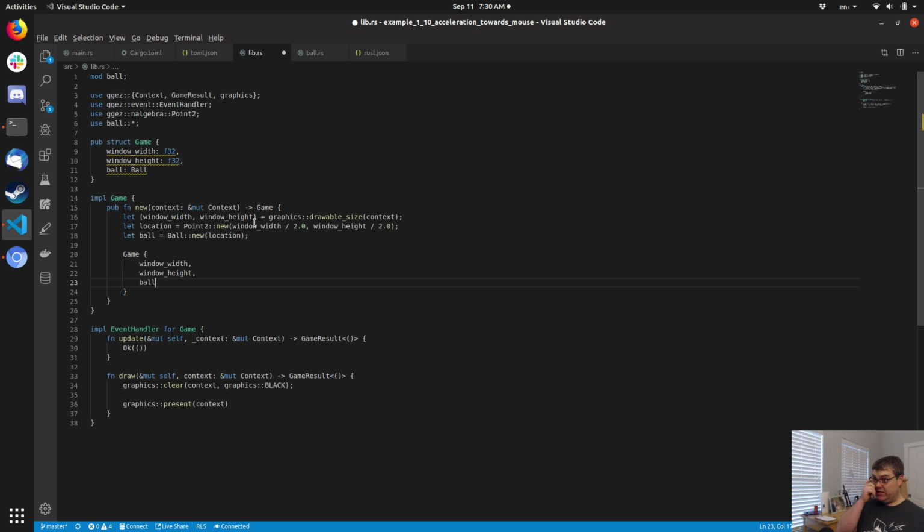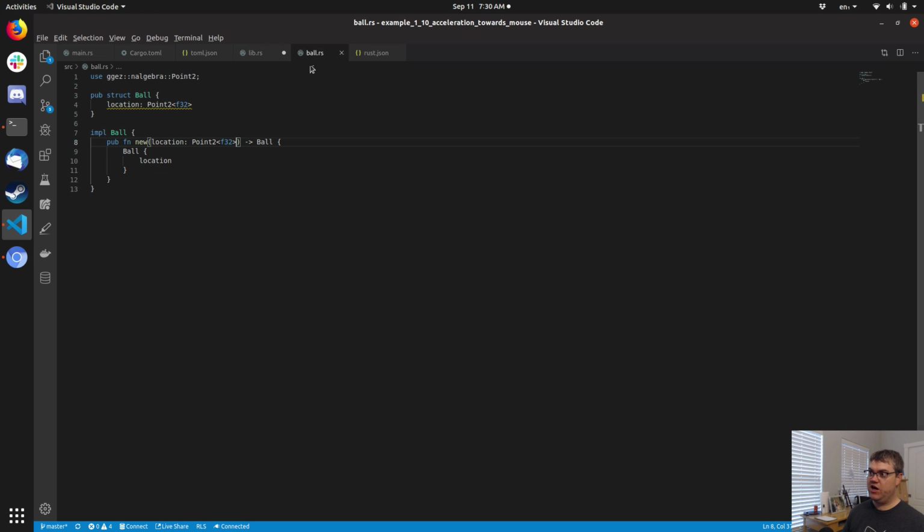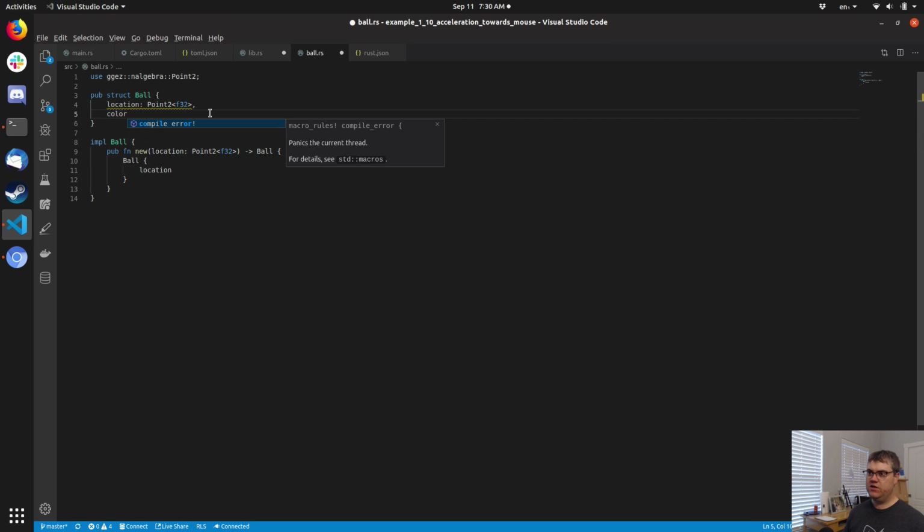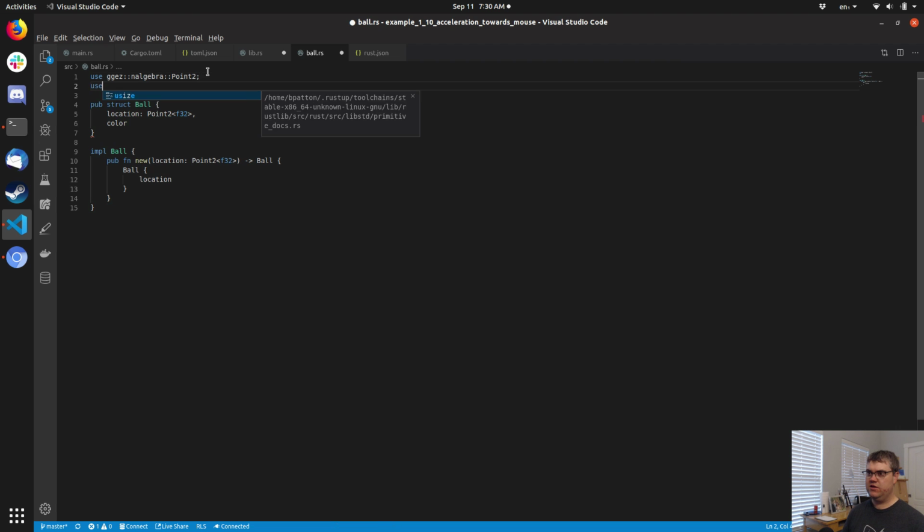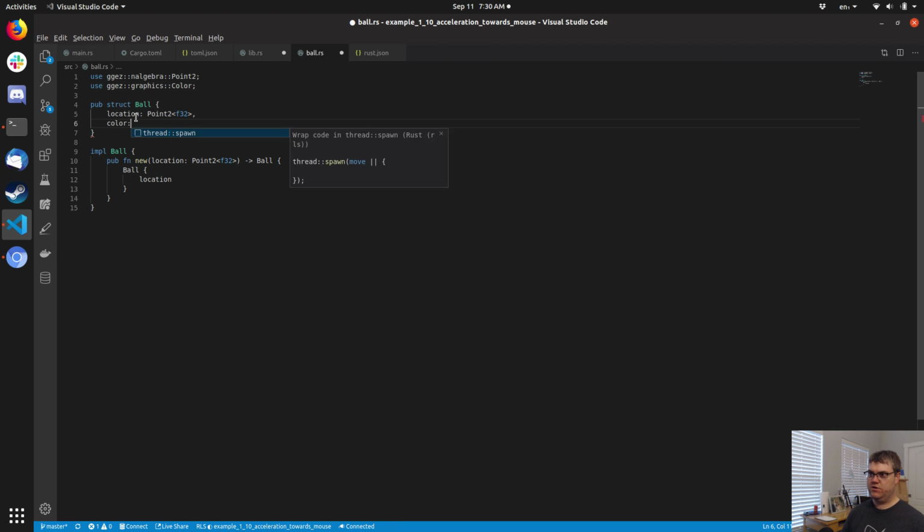So that's it for the ball, and then we need to draw our ball. So in draw here, we have, oh, well, we're going to have to have a color in the ball too. So color is going to be type, use GGEZ graphics color. This is the type color. So let's just set the color to white right now. So that color equals,